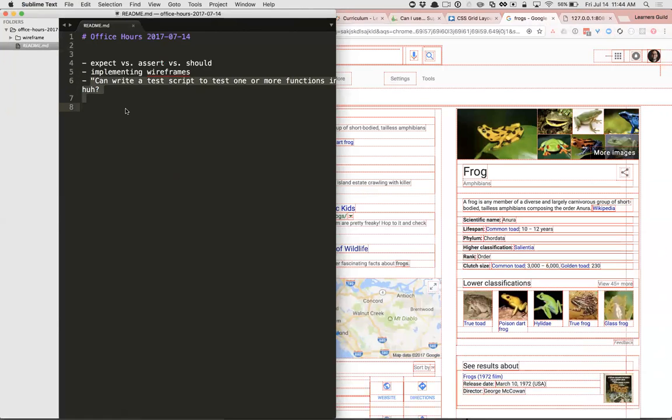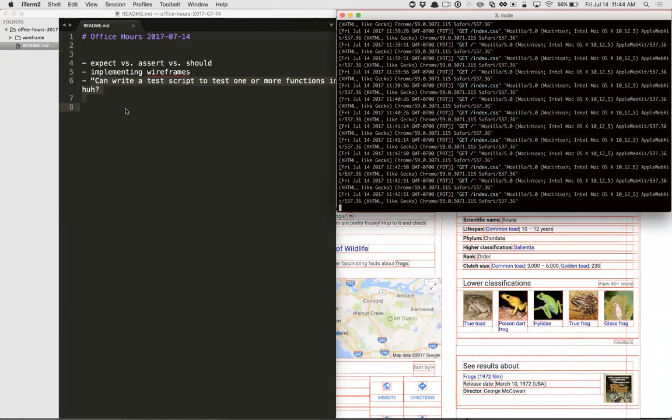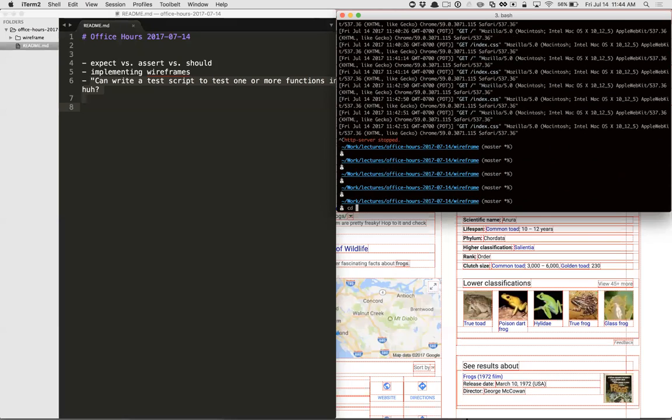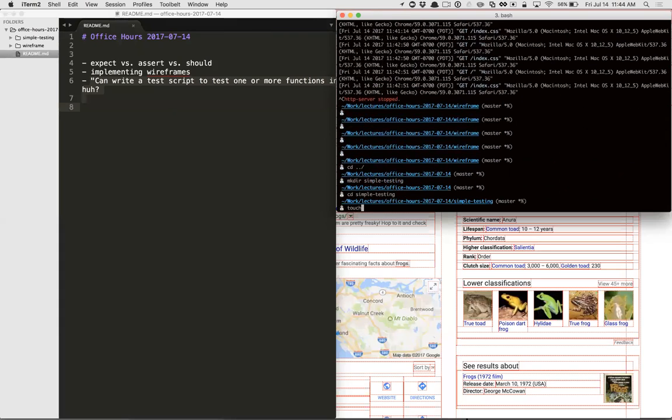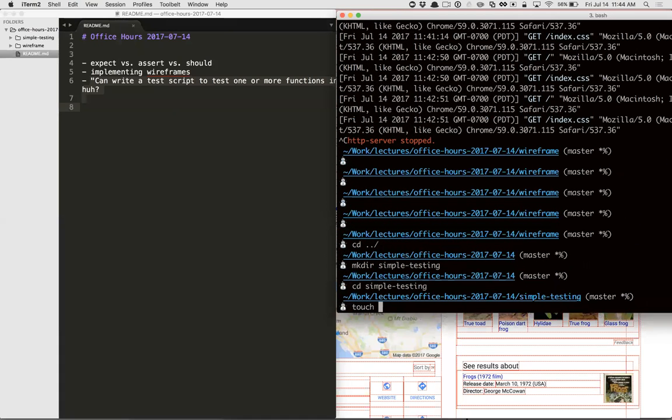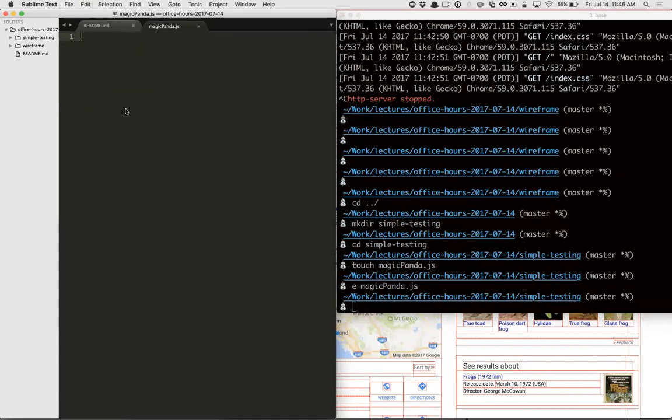Can write a test script. So this was meant to be like the very first kind of testing, right? So let's say I've got a library in here. Let's say we're making anything at all. Let's say we're making, what should we make? We're just going to make a Magic Panda today. Great, we're making the Magic Panda library, and so